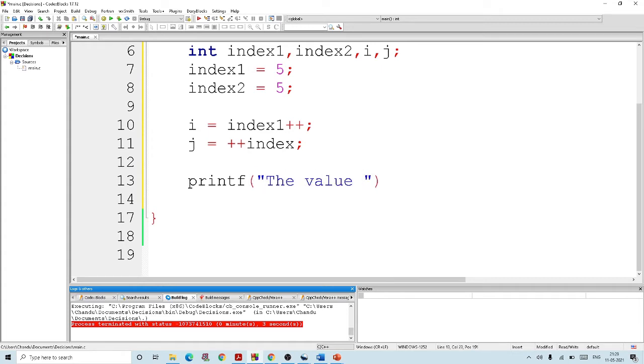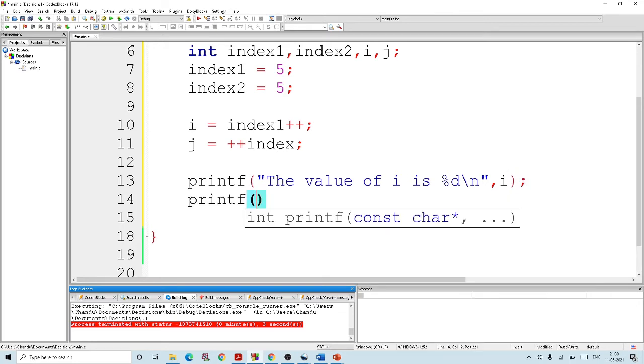Now what will be the value of i and j? The value of i is %d, new line, and i, the value of j is %d, new line, and j.